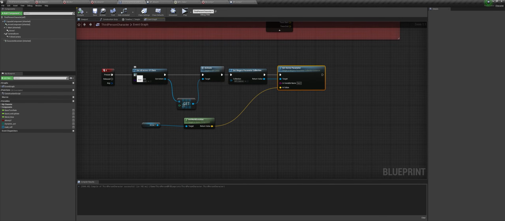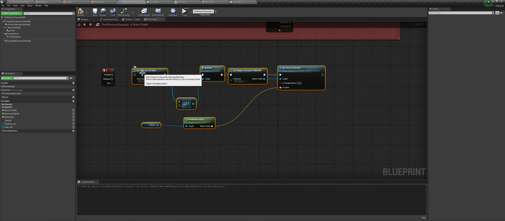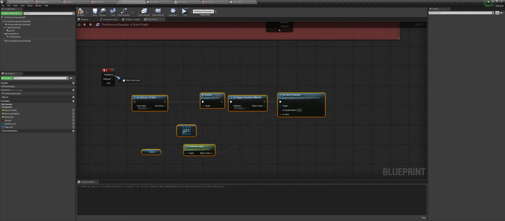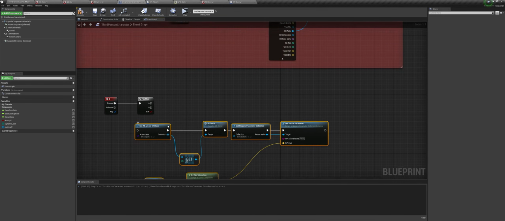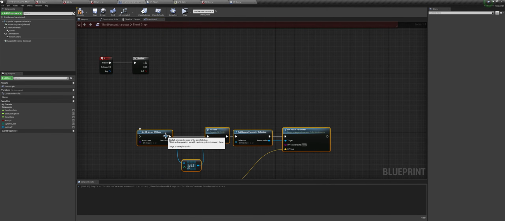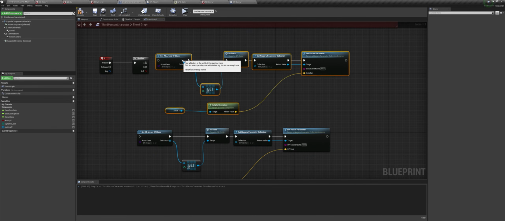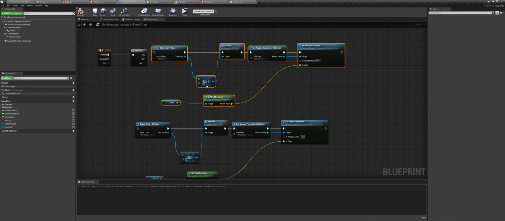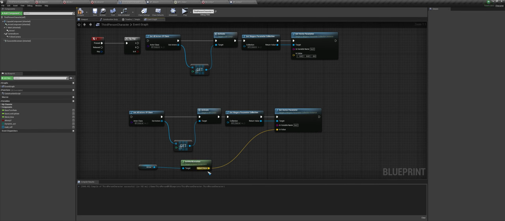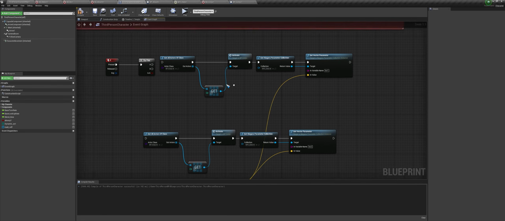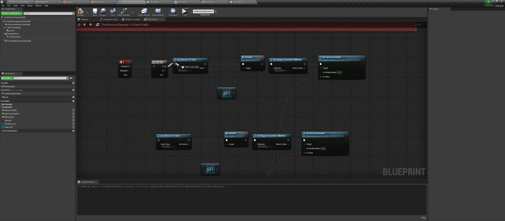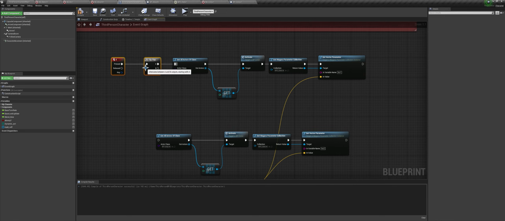And now for the absorption, I will set this to a flip-flop, and I will just duplicate this, and I will just delete that, and I will connect this to lock 1, and I will connect this here, and I will connect this here.